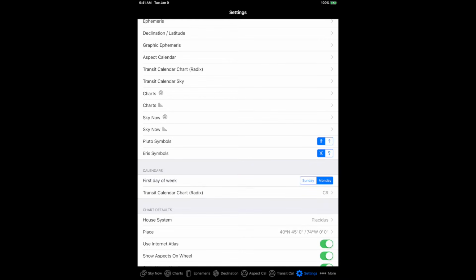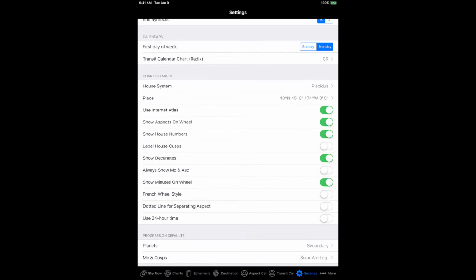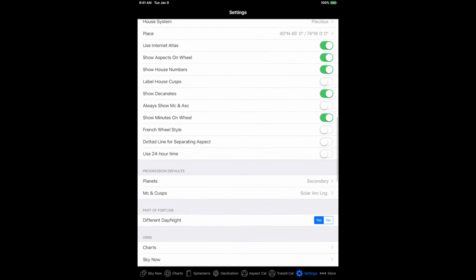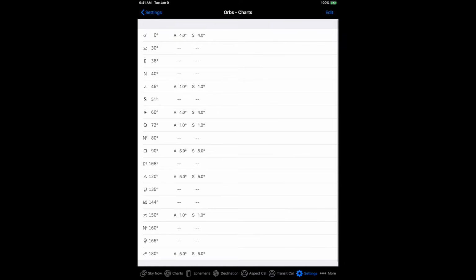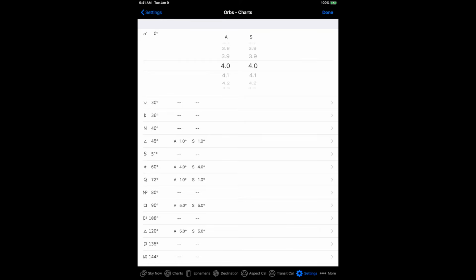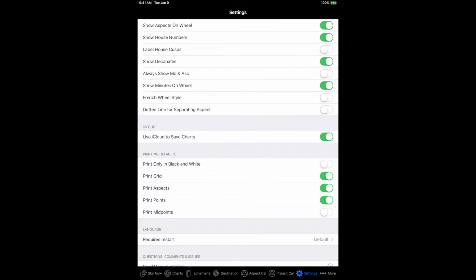You can choose some symbology from items that have multiple symbols. You can configure your calendars and choose the radix chart for the transitarian. You can set some chart defaults for creating new charts. Orbs can be set here independently for most of the features, and this supports setting and applying and separating down to 1/10 of a degree. You define whether or not you want it to save your charts in iCloud or not, and there's some print